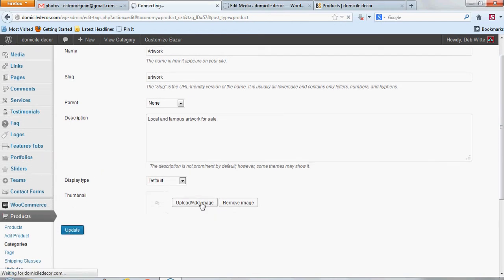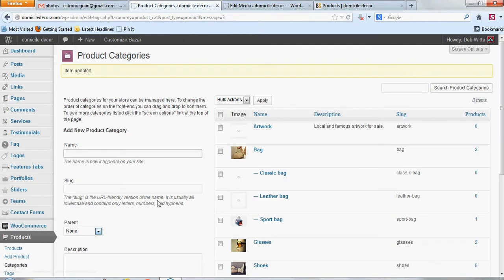And then update. There's also where you can add the image too. Go to edit it. Okay, so